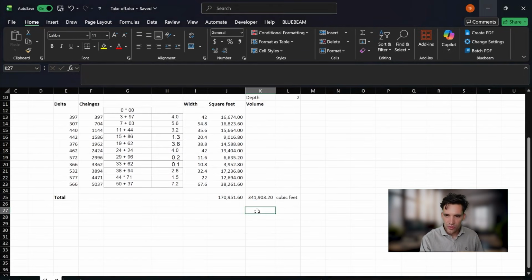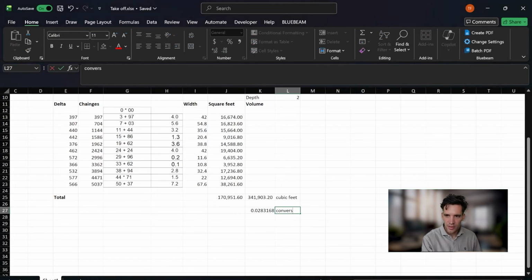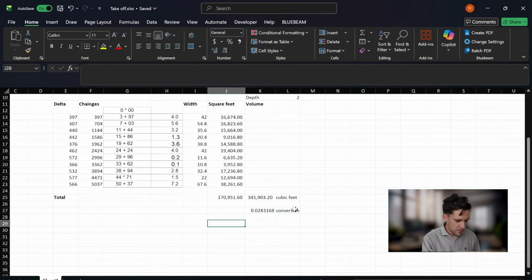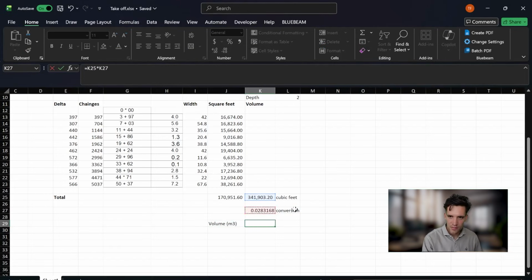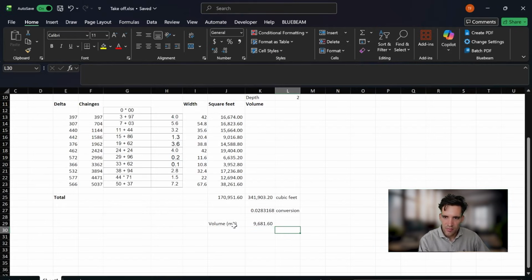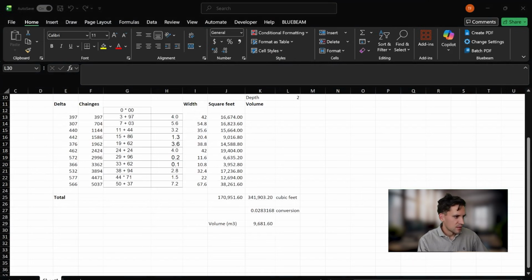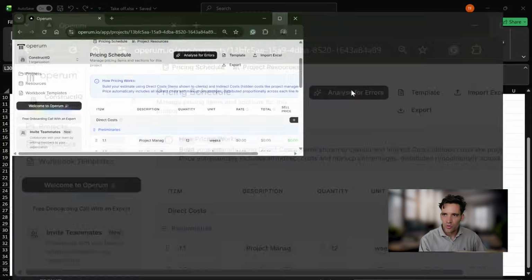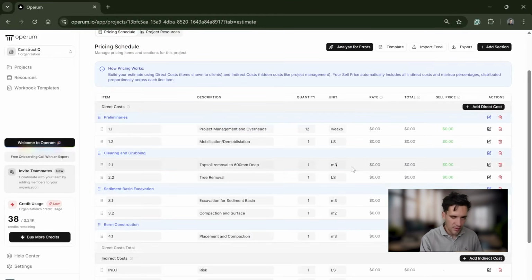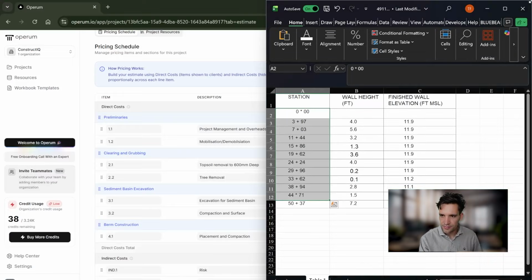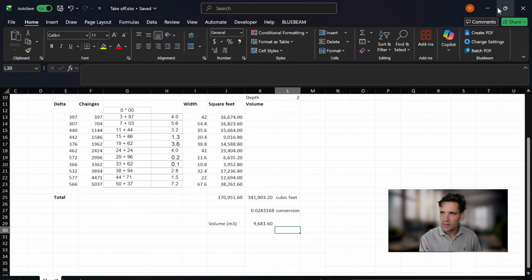And then Mr. Google told me that's the conversion factor. And then the volume in meters cubed is that times that. So 10,000 meters cubed is the clearing and grubbing, the volume of topsoil removal. I actually wrote that in meters. So what is that? That should be 9,601